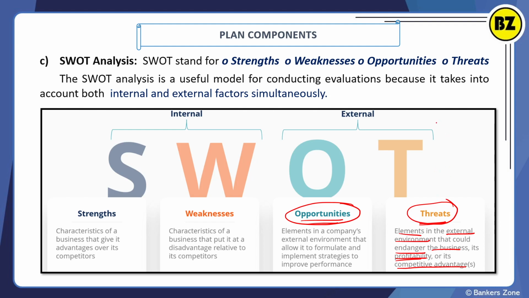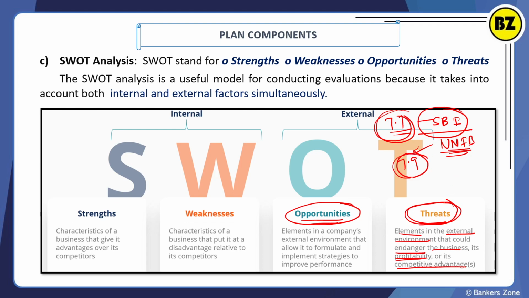For example, say SBI. And we take a competitor, a smaller bank, say Union Bank. It is not small, but it is smaller than SBI. So SBI is offering a housing loan at 7.7%. So how can Union compete with this? Union will have around 7.9, so people will go to SBI, right? That means there is a threat in the market to Union Bank, and they should reduce their housing loan rate of interest. So it results directly from the competition in the market, or it may be the profitability.